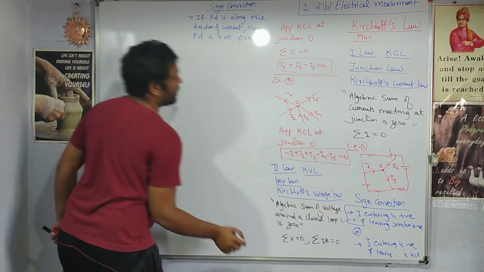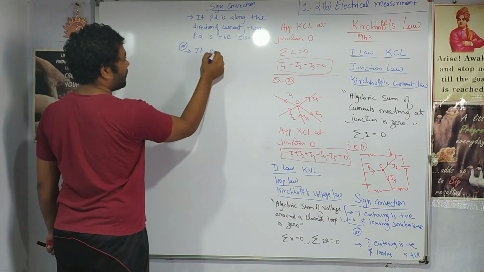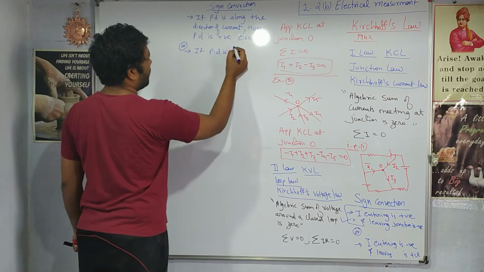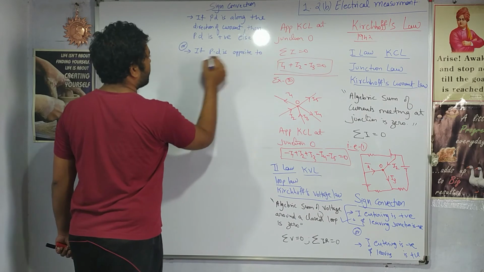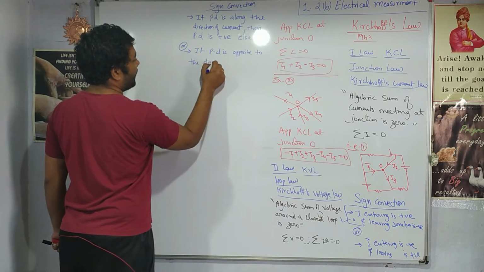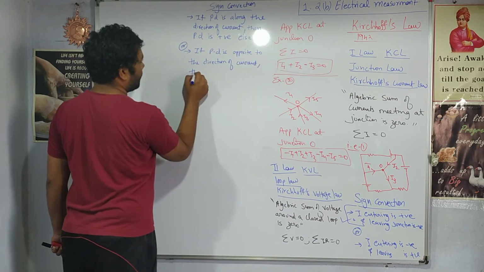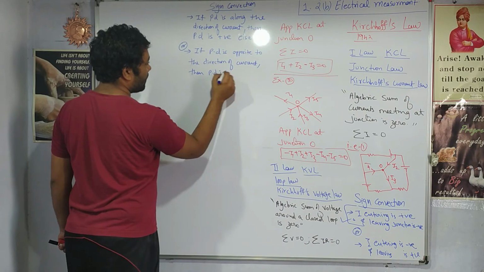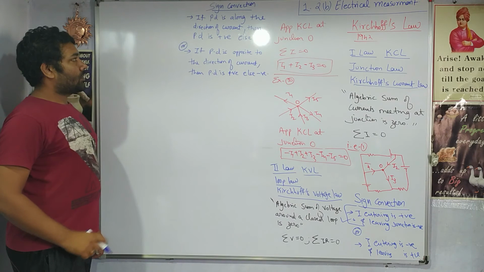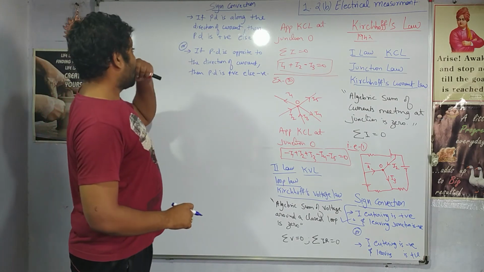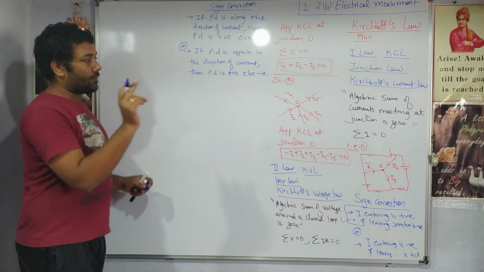Just like the earlier contradiction, here also we have another contradiction, that is, if the potential difference is opposite to the direction of current, then the potential difference is positive, else negative. Now here some more things are to be added. If the potential difference is along the direction of the current, okay, I'll add that after taking an example.